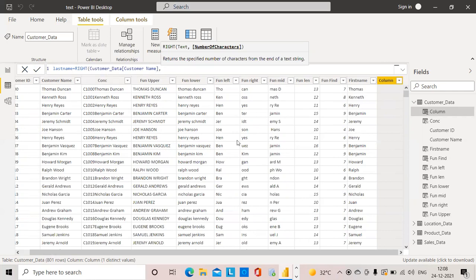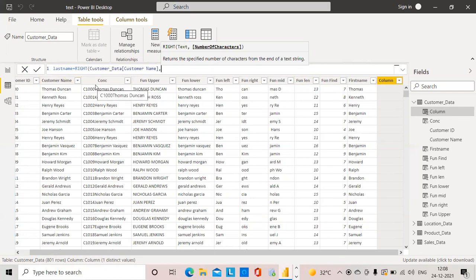I have already found out the length. This is the total length of this customer name, that is 30. Function find means up to this space it is extracted. So when I do the minus operation, function length minus function find, I will get the second name.